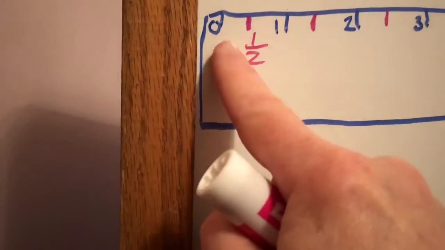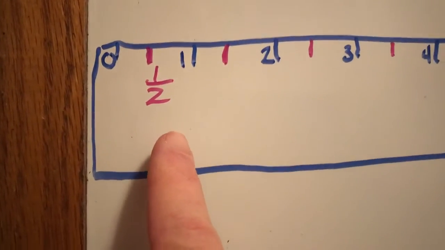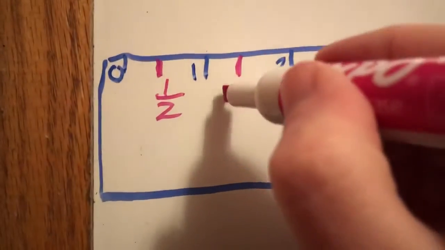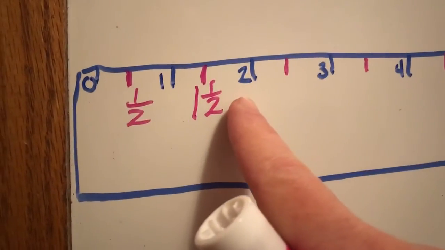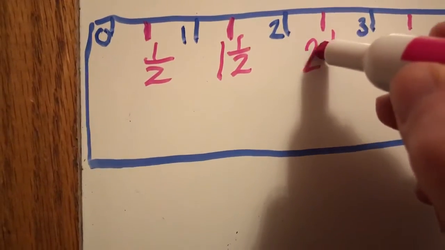I'm sorry, I did that wrong. Please forgive me. 0, 1/2, 1, and this would be 1 and 1/2, 2, and what would this one be? 2 and 1/2,